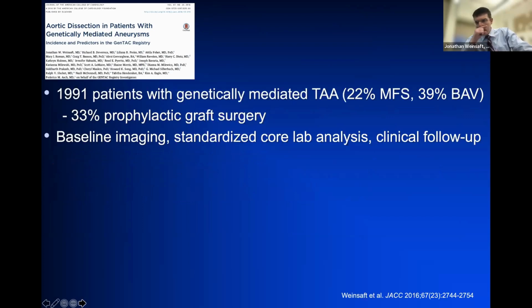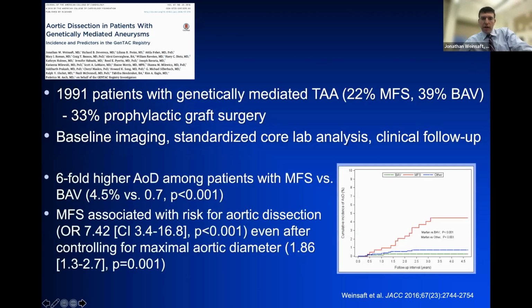a quarter of whom had Marfan syndrome, 39% of whom had bicuspid aortic valve-related aortopathies. About a third of the population had undergone prior prophylactic graft surgery. And as many of the audience know, standardized imaging, core lab analysis, as well as rigorous clinical follow-up was performed for aortic events. What data from GenTAC showed was certainly that there was a far higher risk for aortic dissection